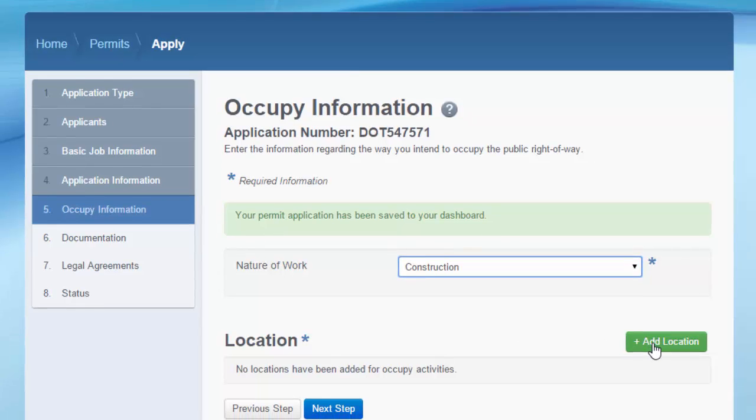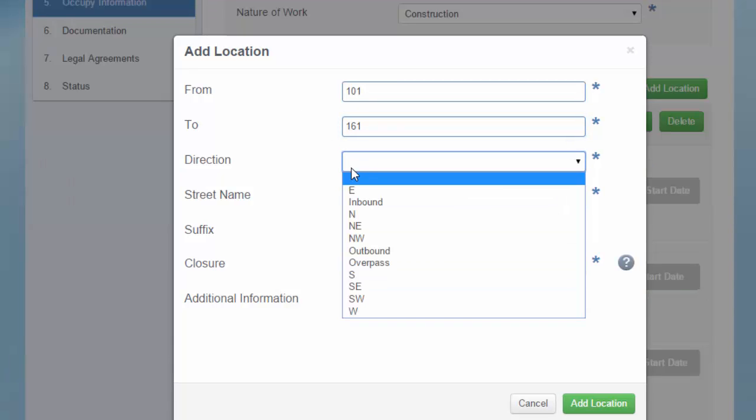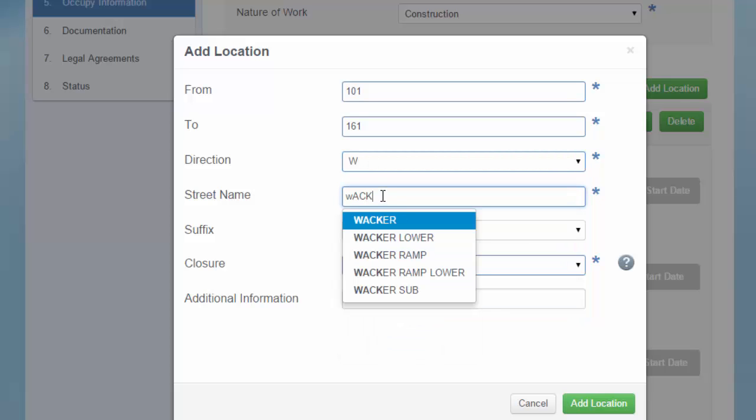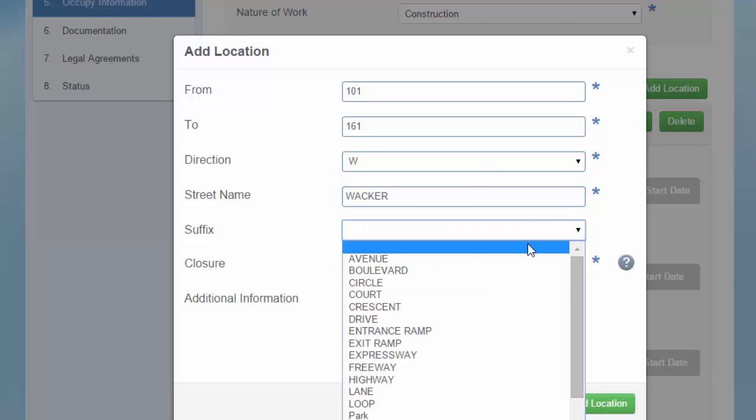Click Add Location, and a pop-up will display where you can enter the street number, direction, street name, and suffix, and the type of closure that you are requesting related to the permit. Today we will be entering 101 to 161. Add the direction, the street name, and the suffix at this point. So we will select West, Wacker. You may begin typing and then select from the suggestion box. Select the suffix,